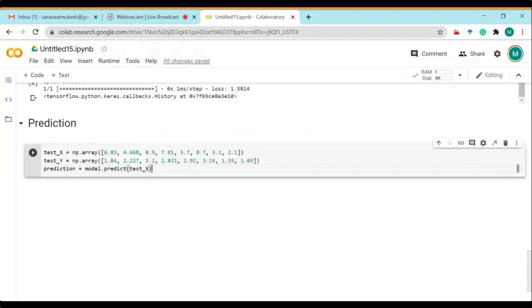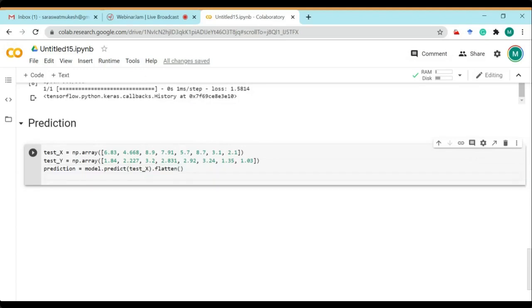Then we have to flatten this data, because we have to give it one by one, so we flatten it into a column vector.